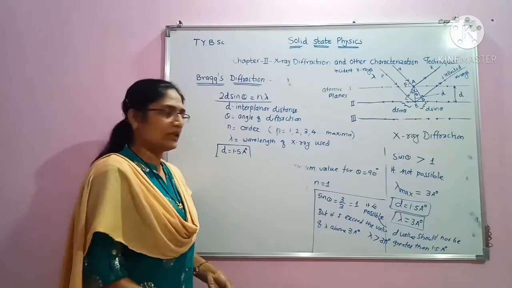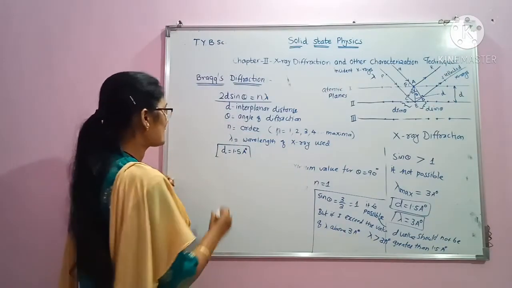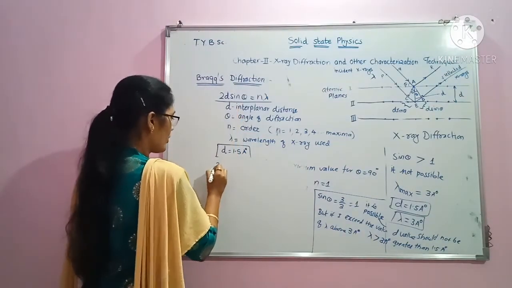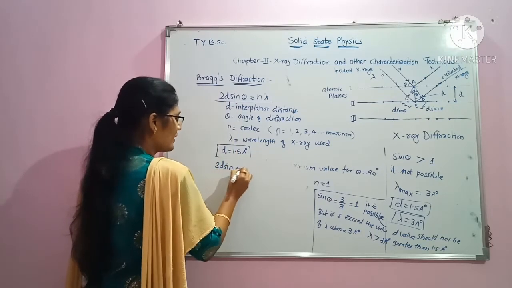Thus we have seen the formula for lambda max, that is, from 2d sin theta is equal to